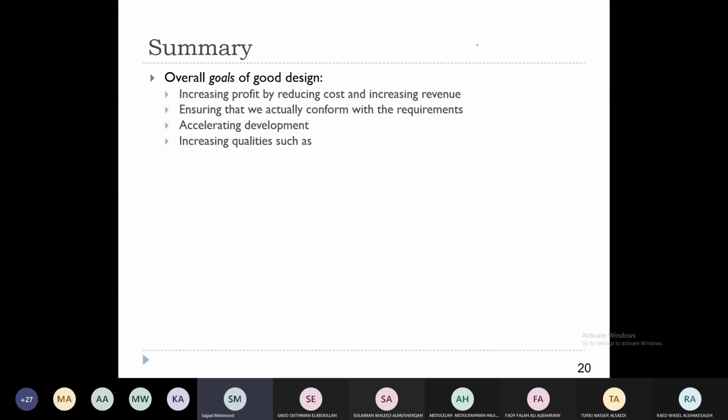So in a nutshell, we are always interested in coming up with good designs. And the reason we are trying to come up with a good design is because we are always interested in increasing the profits, reducing the cost, increasing the revenue. We also want to make sure that our systems are correct, meaning they conform to the requirements. We want to increase the speed of development. We want to increase the quality. And as a result, if you want to have a good design,